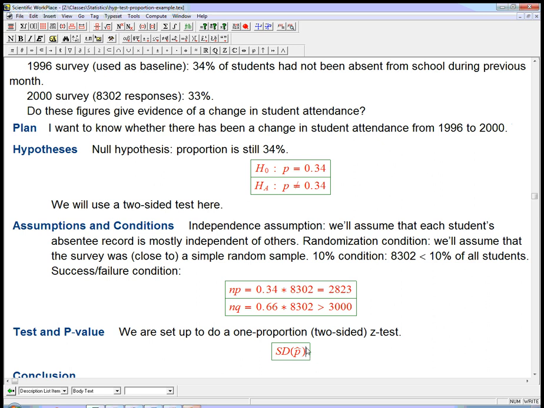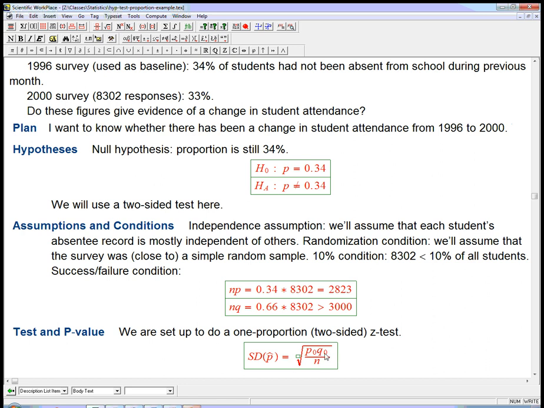And the standard deviation of all, if I look at a bunch of samples and think about how those vary, some would give 33%, some would give 32, 34, 31, 36, whatever. The standard deviation of that is a known fact because we've satisfied the conditions. So we use the null hypothesis numbers p naught and q naught